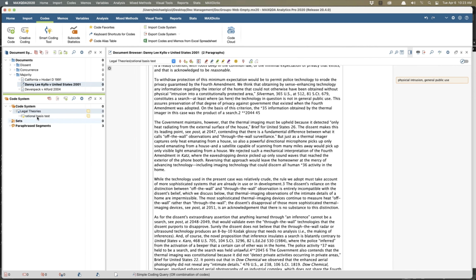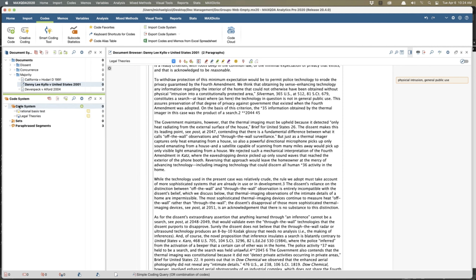You notice this one's showing up underneath it. Why? Well, because I had this code highlighted when I created a new code, and it automatically made it a subcode. Say I didn't want that as a subcode. I can just take this code and drag it.